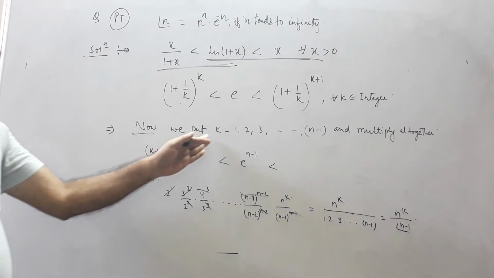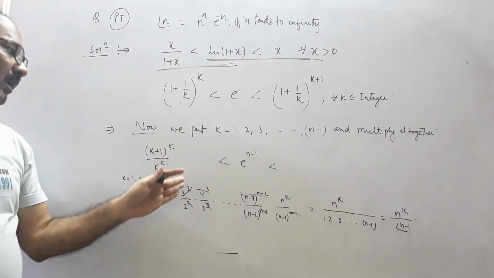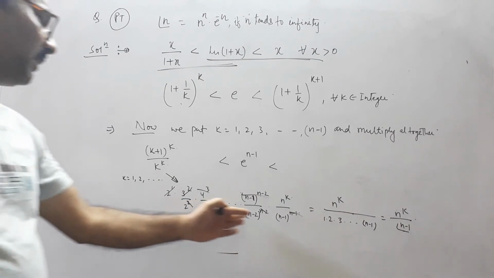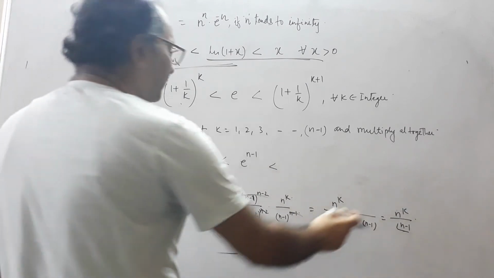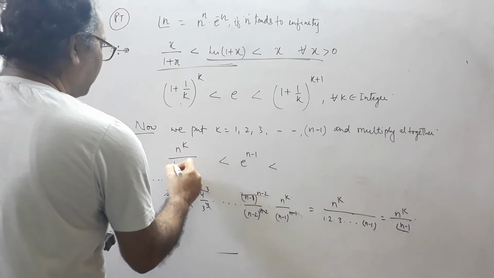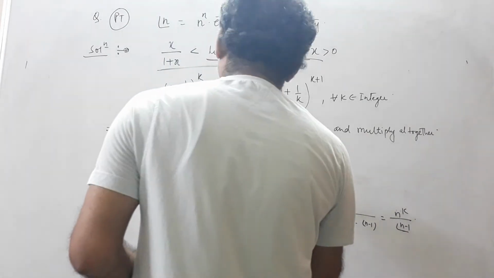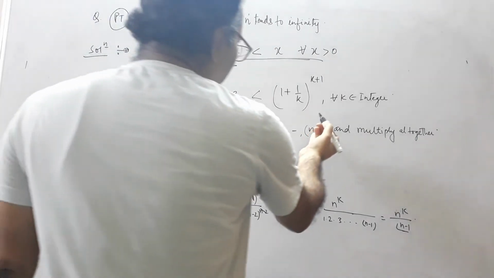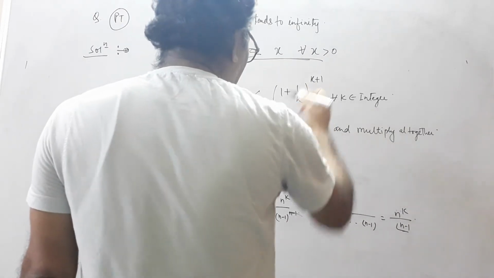So if we put k is equal to 1, 2, 3 up to n minus 1, and then we multiply all the terms all together, then from this deduction we can easily see what shall we have on the LHS side. Then we shall have on the LHS this term, n to the power n minus 1 divided by factorial n minus 1. Okay? And what shall we have on the right side? So on the right side, the same term, but if you put k is equal to n minus 1, then it will have here the nth term.